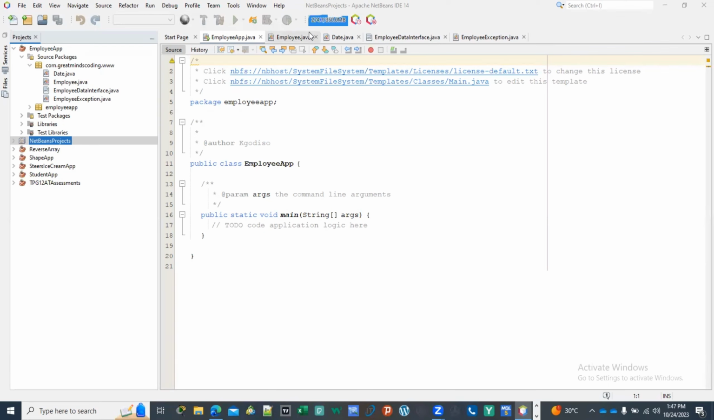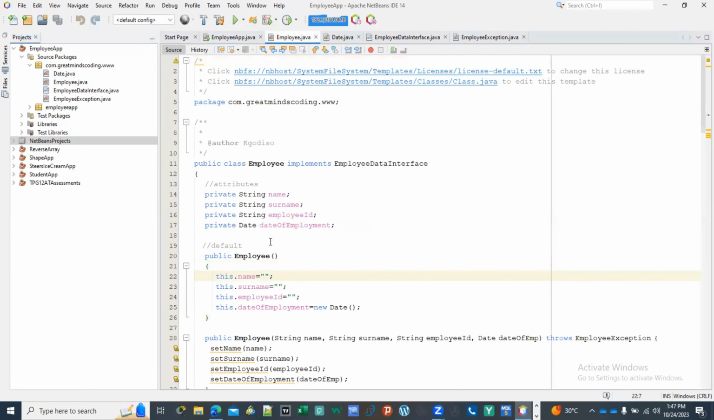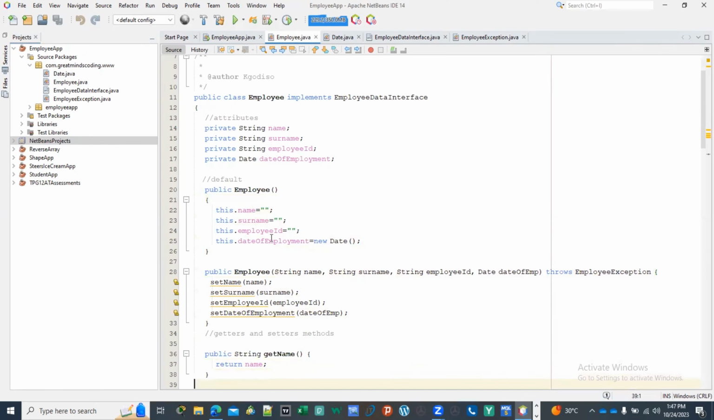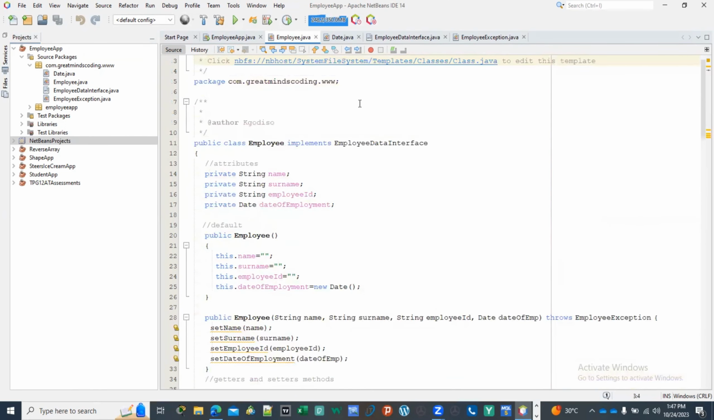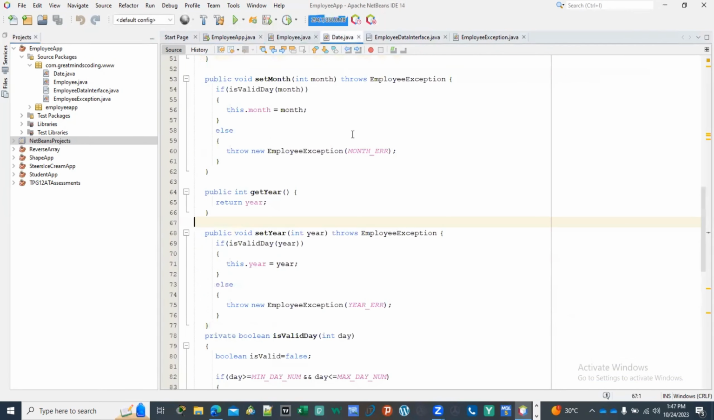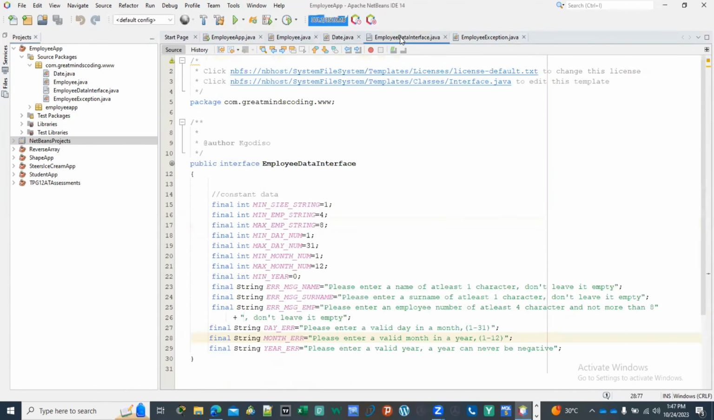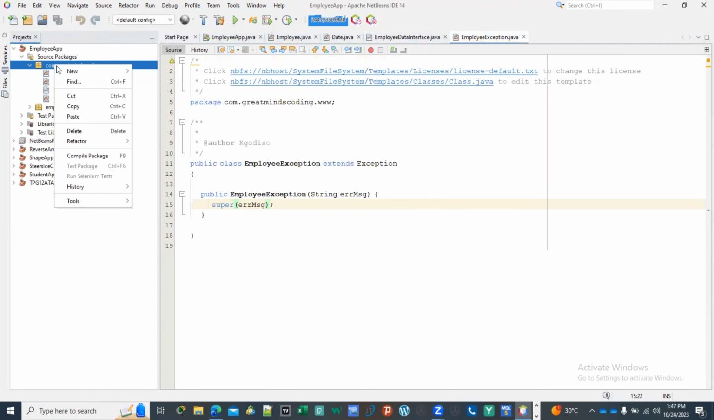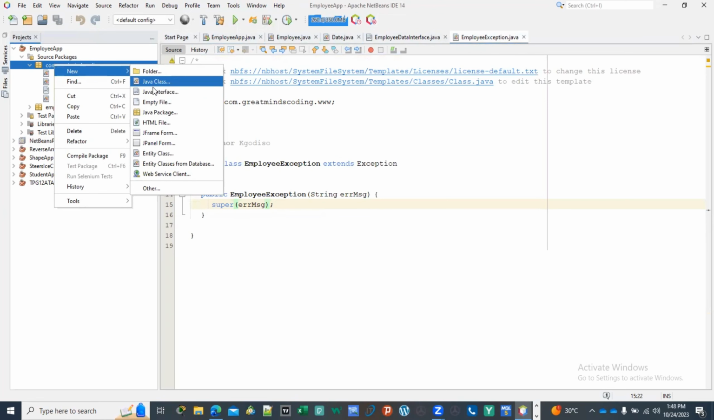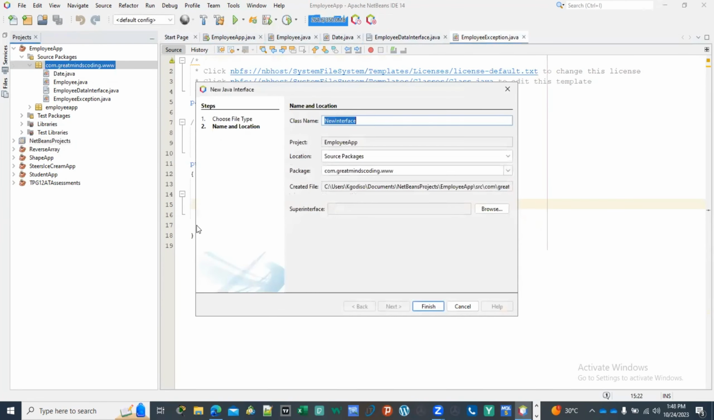So in this case, I'm going to continue here. In the previous episode, we did exception handling for the date, we also have the data interface, and we also have the exception class. So we continue: come here, new Java interface, and then you name it the employee